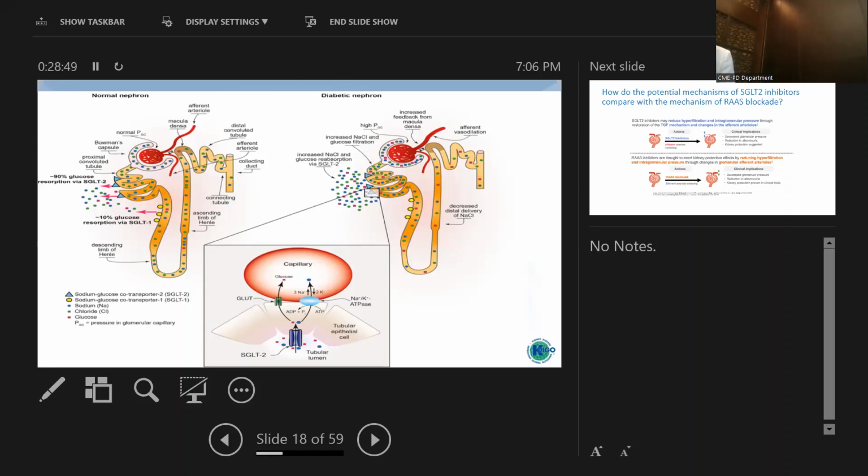If we institute the SGLT2 inhibitor here, it will block the reabsorption of dextrose and sodium in the proximal convoluted tubule, allowing more sodium to reach the distal tubule, reaching the macula densa. This will be reflected on the afferent arteriole, causing constriction of the afferent arteriole, reducing the blood flow going into the glomerulus and reducing the intraglomerular pressure. That's why it decreases the albuminuria and decreases the progression of chronic kidney disease by reversing this process of glomerular